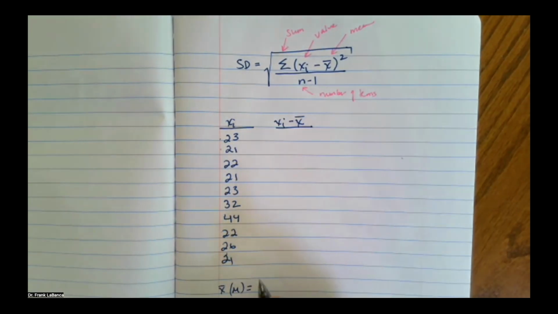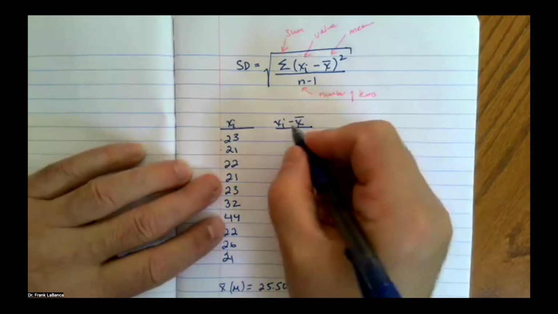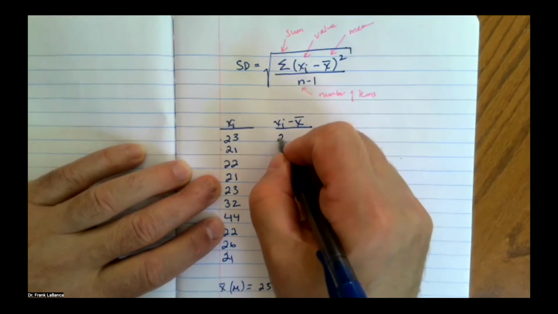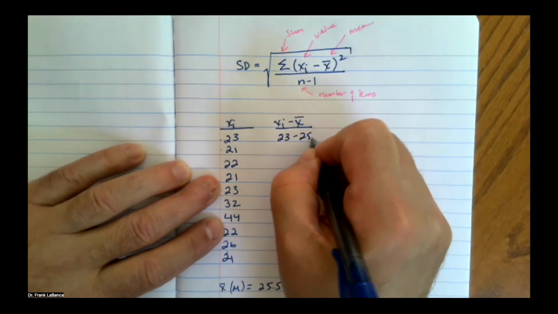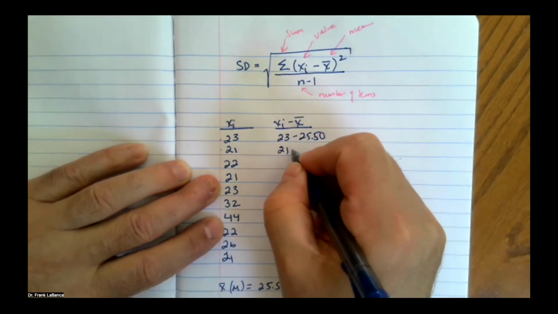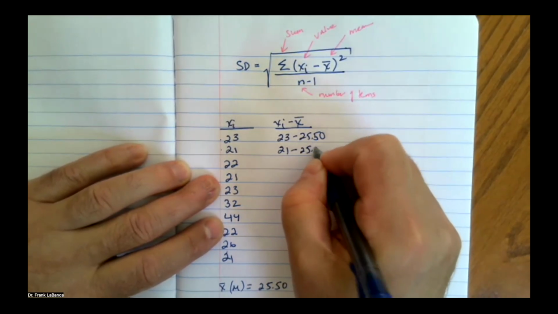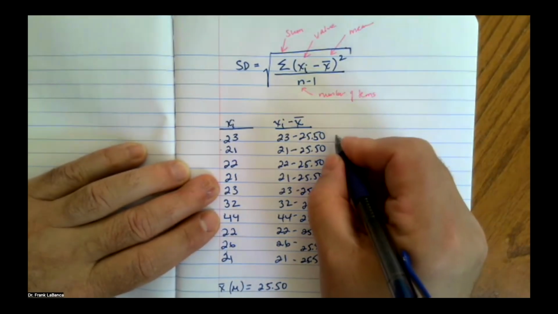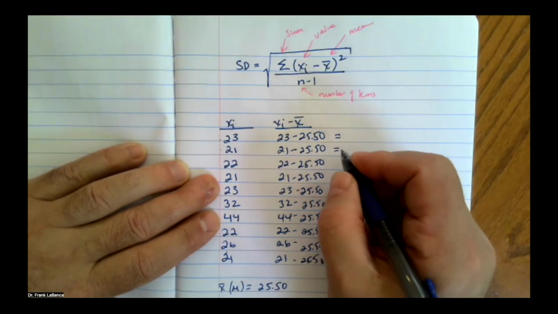We divide by 10 and we get the mean, which is 25.50. Okay, I've pre-done that. So this is the xi initial minus the x bar, 23 minus 25.5 and so on. And that equals,